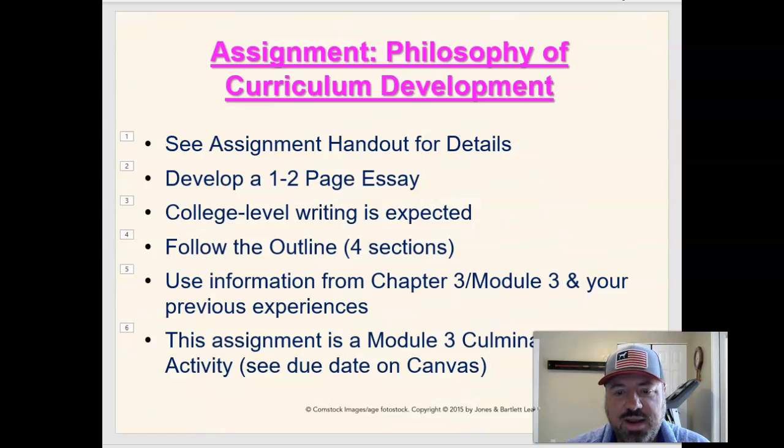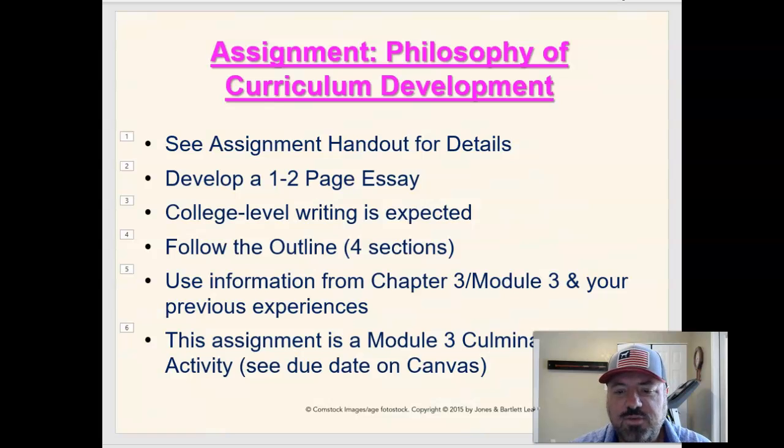There's an outline on the handout where you're going to have 4 sections, an introduction, and I'll tell you what I want in your introduction. Then we'll talk about building the philosophy, building the curriculum, and I give you some ideas of what I want there. Section 3 is going to talk about how we connect to standards and GLEs and GLOs and the Show Me standards. You will actually get some of that information later. You could start this assignment right now, but I don't think you can complete it till after you've watched the next video in this series and got through the whole module here. All right, so follow, and then you're going to have a conclusion where you tie everything together. So follow that outline provided in 4 sections.